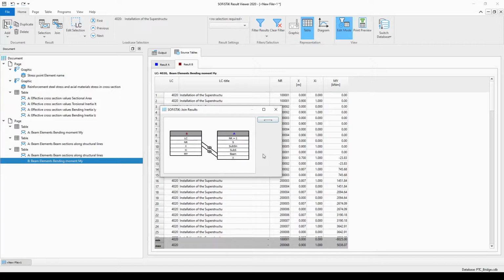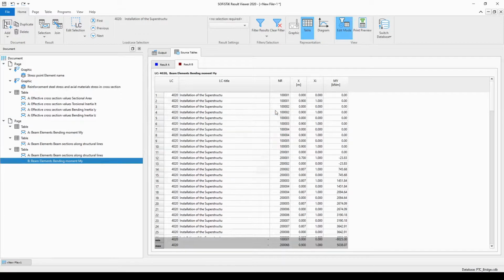So if two or more tables have common information, then they can be joined together. However, if two or more tables don't have any common information, they cannot be joined together. Okay, now I will close the join result dialog box and I will show you an alternative way to